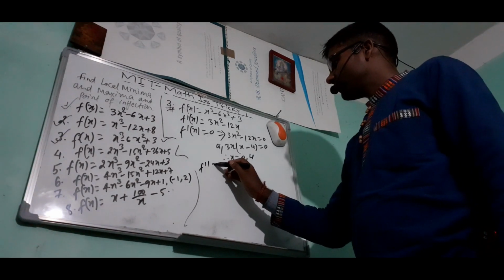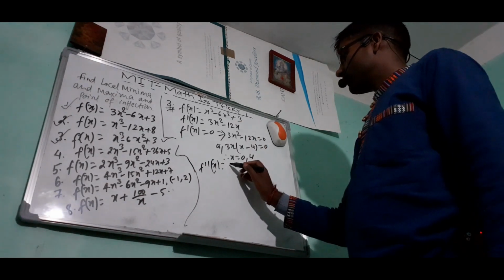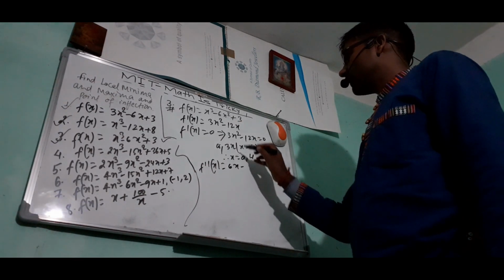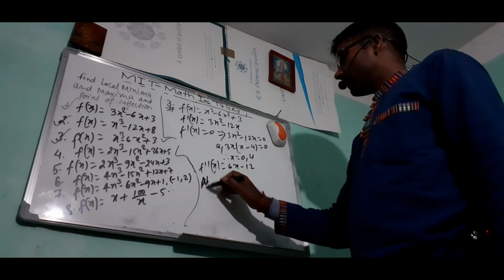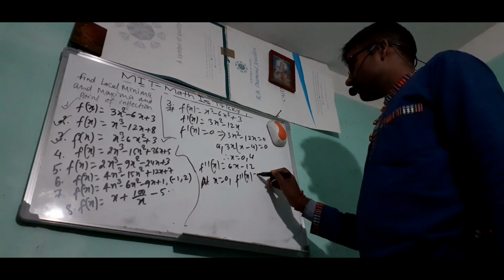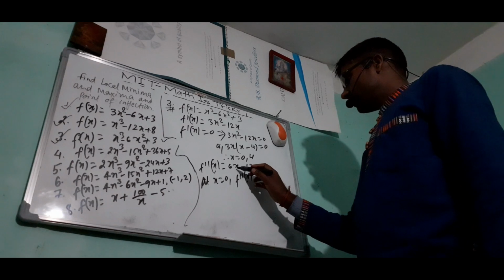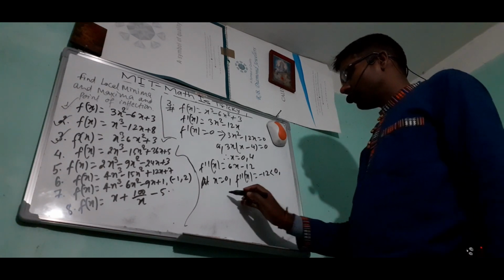Let's find the second derivative. The second derivative is 6x minus 12. At x equals 0, the second derivative is 0 minus 12, which is minus 12, less than 0, so there will be local